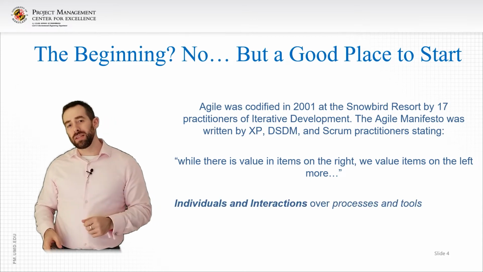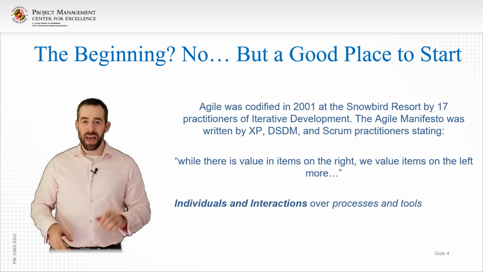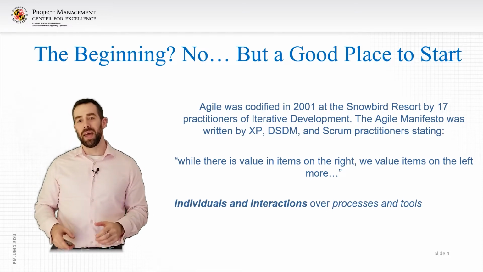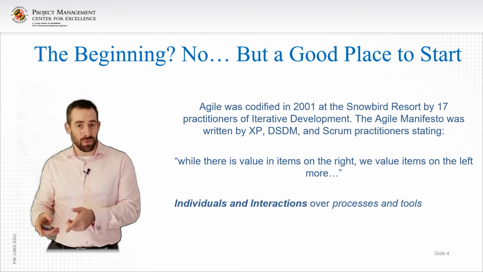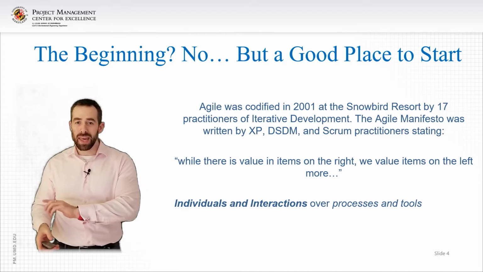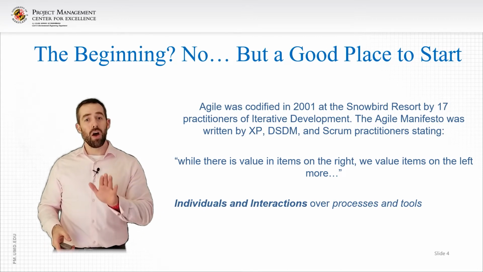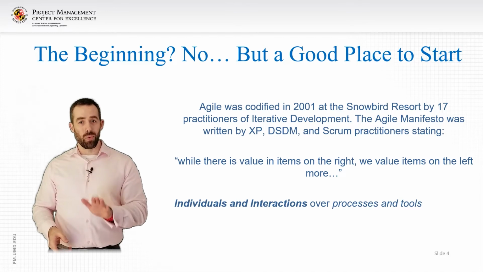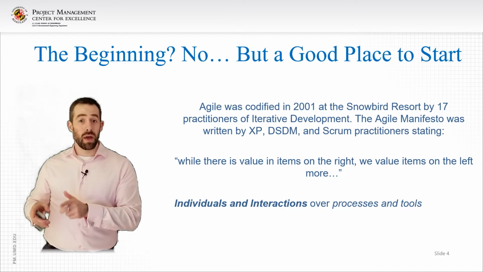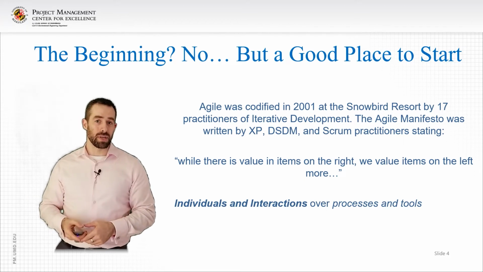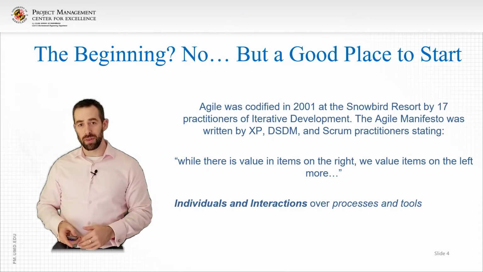And so the first thing that they talked about was individuals and interactions over processes and tools. And this is really important because of the fact that people are the ones who get the work done, not the processes and tools. And processes and tools can't carry anywhere near the amount of information that you need to convey on projects doing work. So individuals and interactions were more important than processes and tools. However, you need processes and tools in order to discipline yourself and to scale. So that's how they valued those two things.